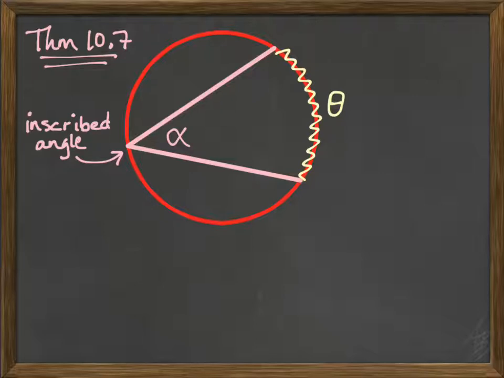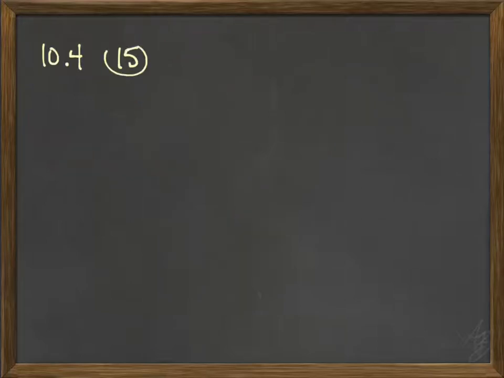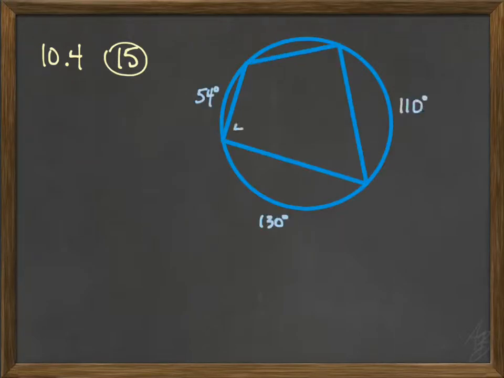We can relate alpha and theta in this problem here, alpha being the measure of the inscribed angle and theta being the measure of the intercepted arc, by this relation: the inscribed angle is half of the intercepted arc. So going back to the problem, we know a lot of information here,